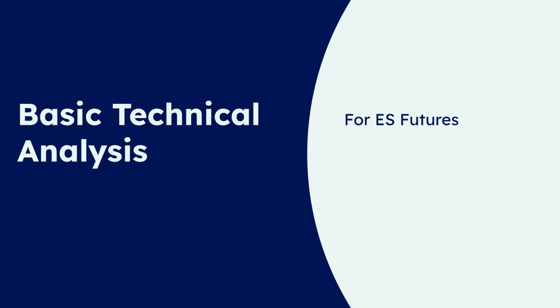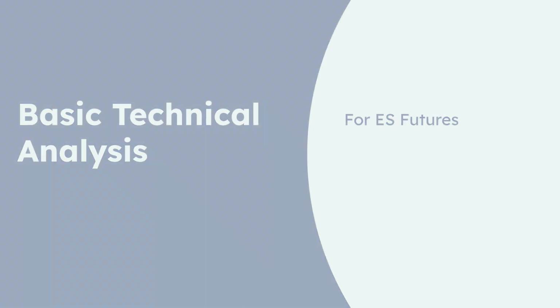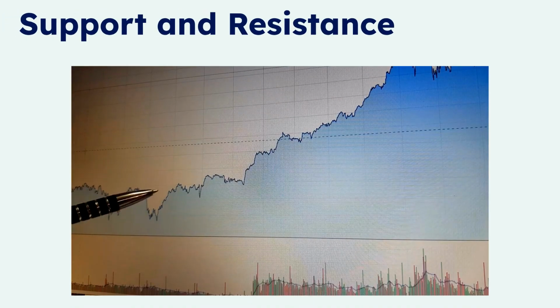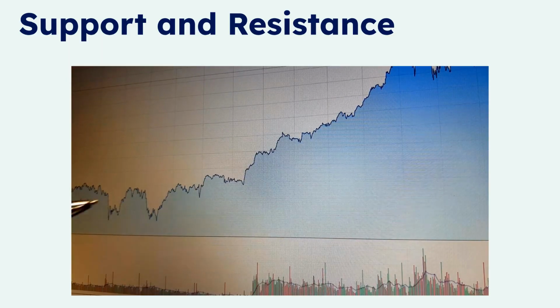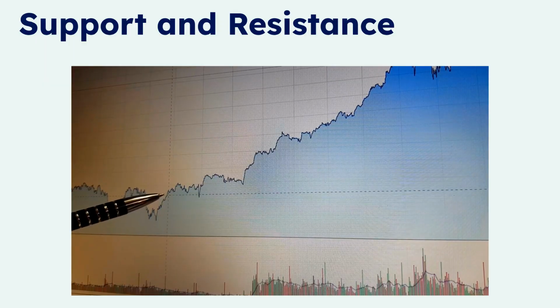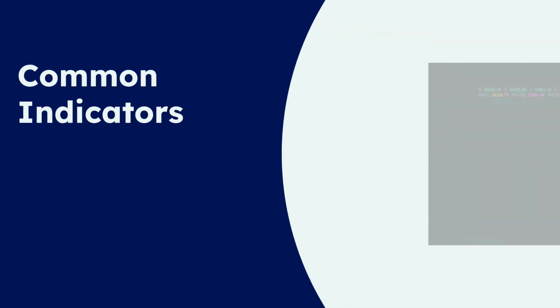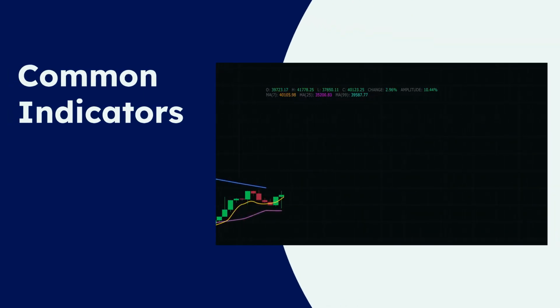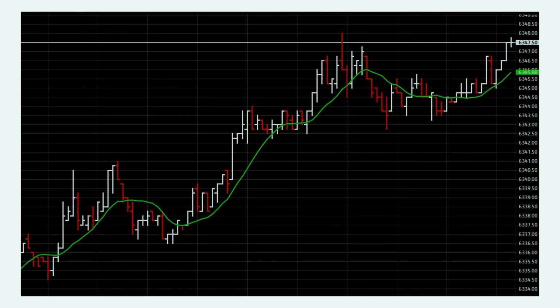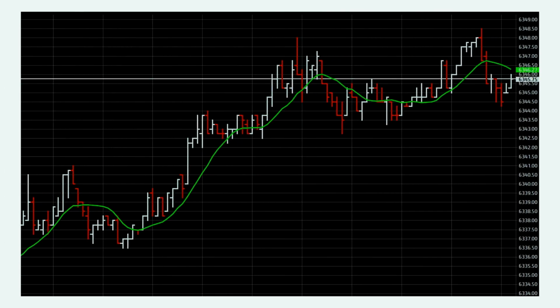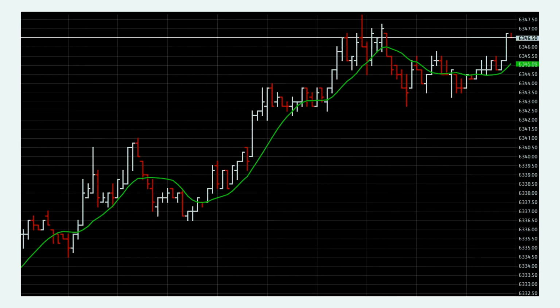Let's look at the basic tools applied to the ES contract. The most fundamental concept is identifying support and resistance levels. Support is a price level where buying interest is strong, and resistance is where selling pressure dominates. Indicators like moving averages help smooth out price action to identify the underlying trend, making it easier to determine the direction of the S&P 500. Using charts with these tools allows traders to identify prevailing trends and pinpoint optimal entry and exit points for their